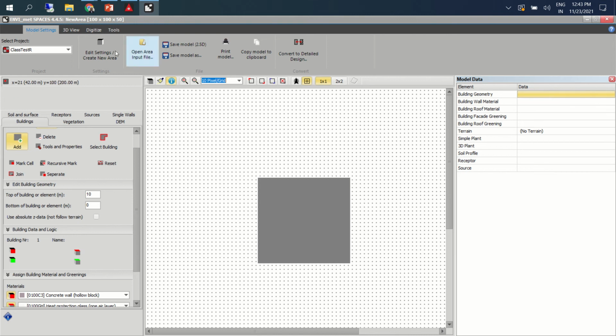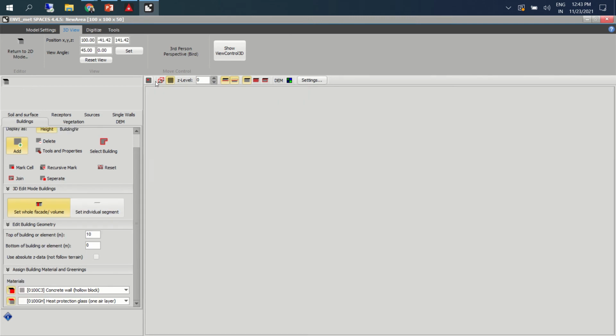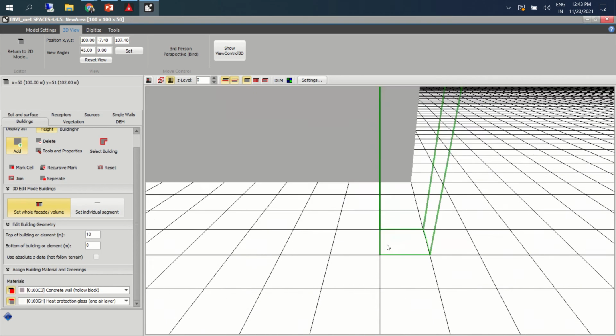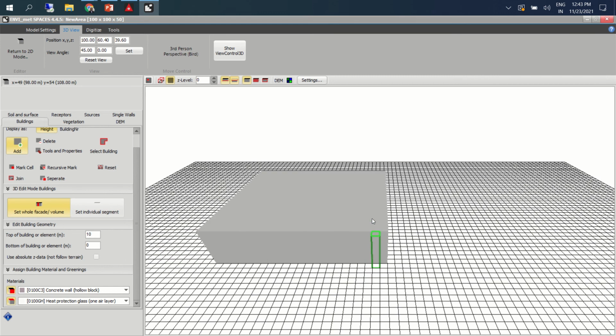Fine. So if you see this in 3D, it's 10 meter height building profile that we have added. We have seen something here. Let's say I'll put this 10 meters and let's say create file.